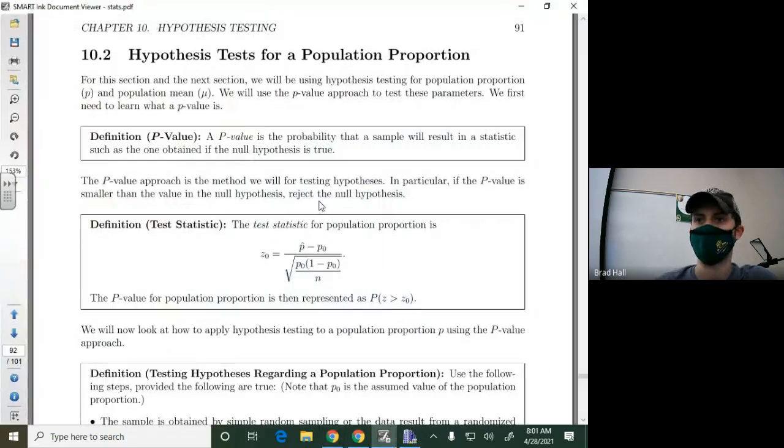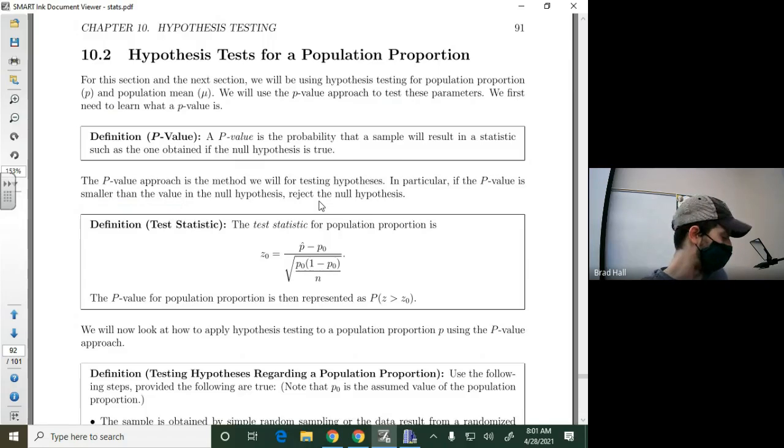New section on hypothesis testing for population proportion. Now, for this section and the next section, so we talked about the language of hypothesis testing in the previous section, about what it means to have a null and an alternative hypothesis. It means to reject or not reject the null hypothesis, and some of the consequences for doing so, and some of the lingo ultimately that's used in this whole process. And so since we established some of the initial terminology, we can go ahead and apply it to one of these